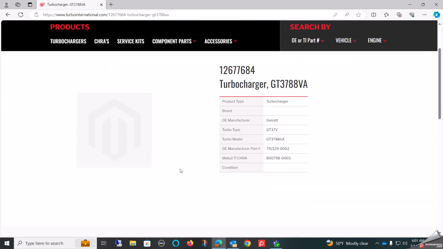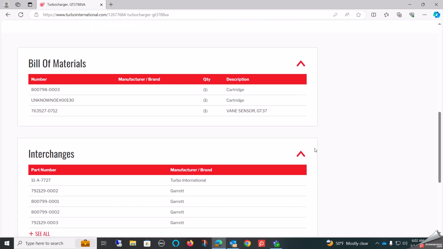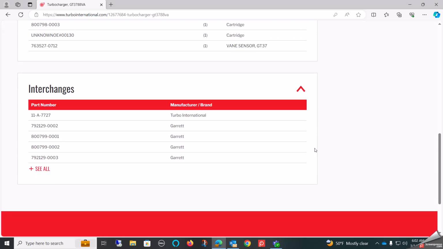What you'll see here is no images because we don't have images of OE numbers, but you will have the good informational section here. No buy box because we're not selling these parts. This is strictly a place for you to key in an OE part number and get the return. Lower on the page, you're going to see bill of materials, what information we have about that part, and then